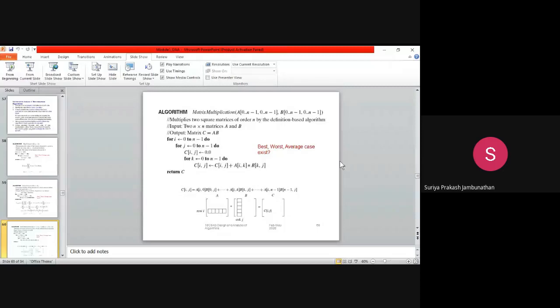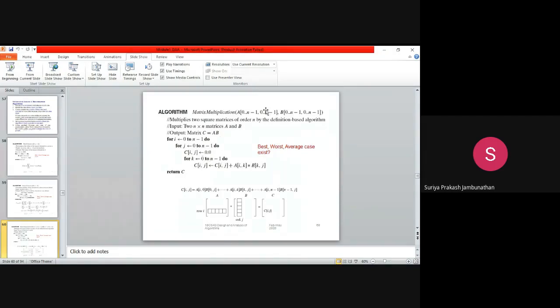Then finally they write the particular formula. The formula, as I told you, C of ij is equal to C of ij plus A of ik into B of kj. So the first row value of A will be multiplied with the first column of B. The second row value of A will be multiplied with the second column value of B. Like that we do the multiplication and that will be stored in the first position. So for this operation we need the 3 for loops, and all the 3 for loops will be executed like this, and we are initializing the resultant matrix with 0.